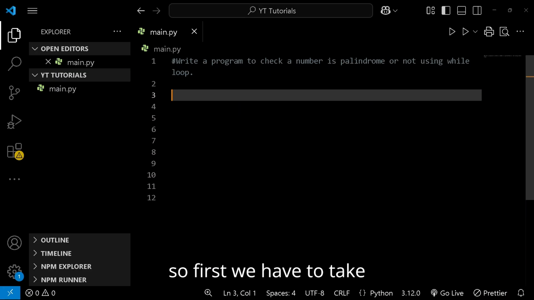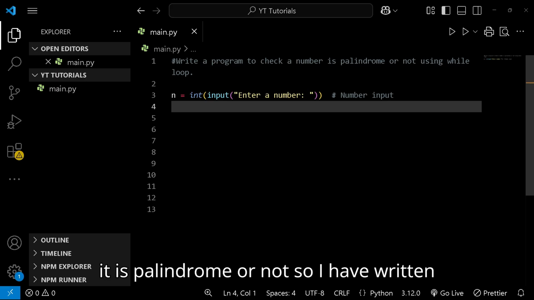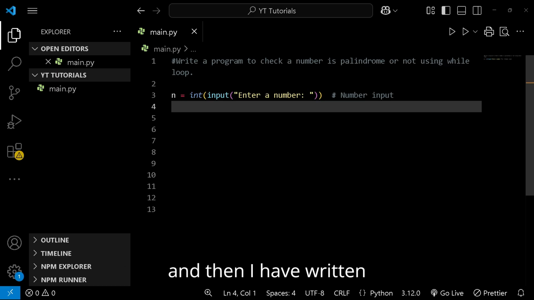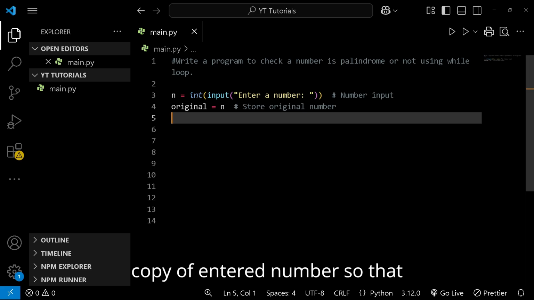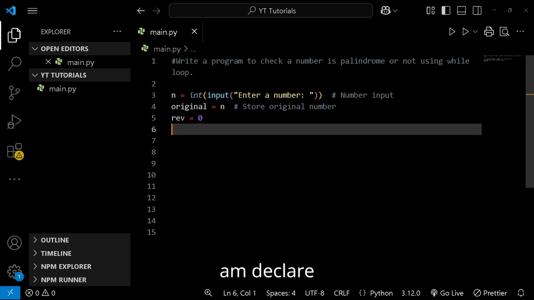So first we have to take a number to check if it is a palindrome or not. So I have written here n equals int input enter a number, and then I have written here original equals n. So in original I am making a copy of the entered number so that I can check in the last, and then I am